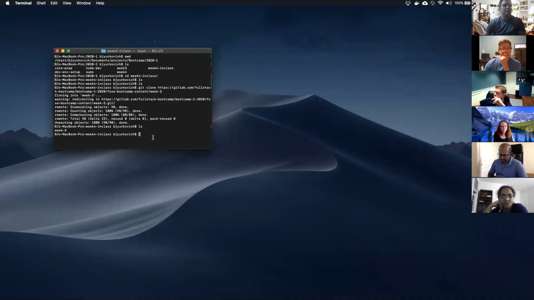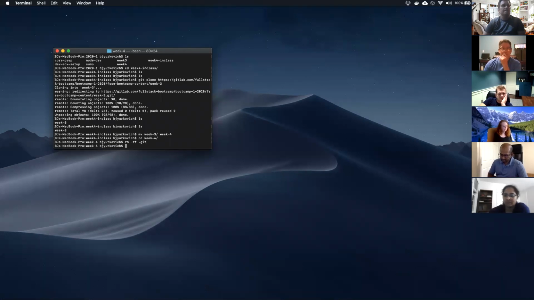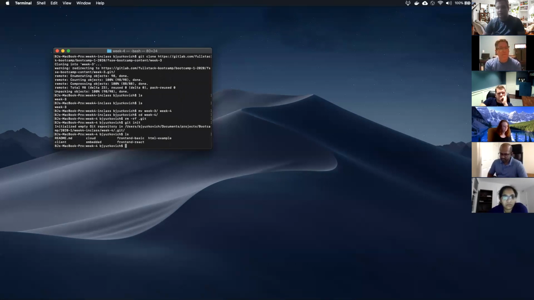And then I am going to open up my Visual Code here. I'm going to move week 3 into a folder called week 4. I'm going to go into week 4 and remove the .git folder because I'm going to restructure this. And then I'm going to do git init. I'm going to create a new Git repository so that I can then push this up as week 4 into the resources. So that's all I did there. Nothing crazy. You don't have to do that necessarily, unless you might want to, because you might want to create your own repo or something. But just remember to remove that Git folder if you want to create a new week 4.